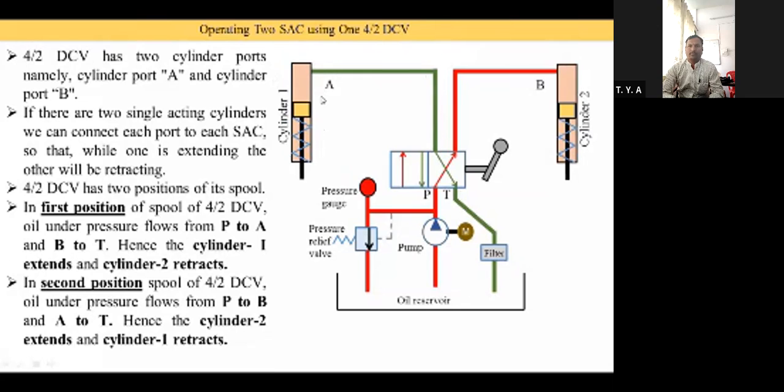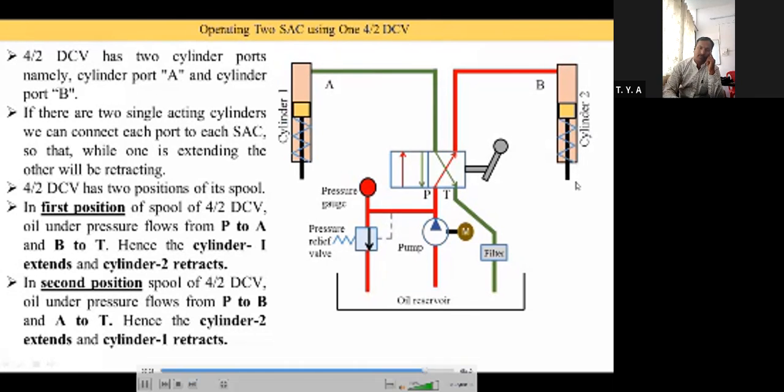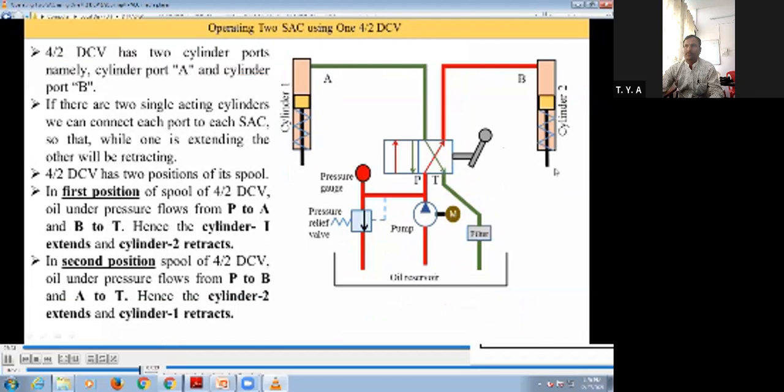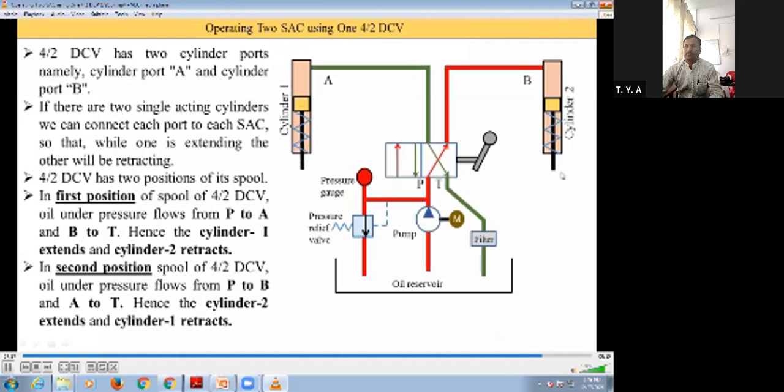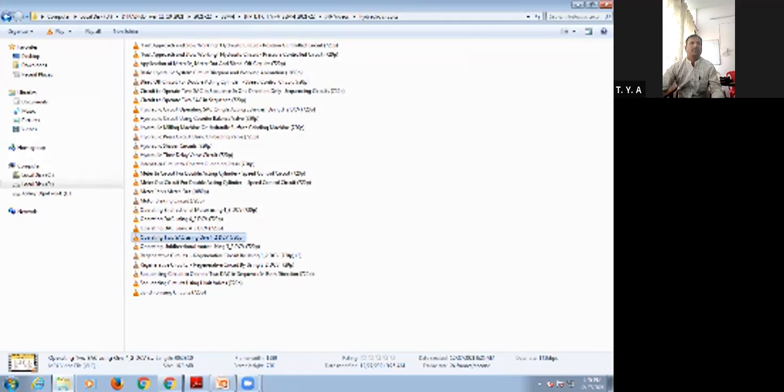So what we understand is, during one position cylinder 1 extends, and at the same time cylinder 2 retracts. Extension and retraction are going on simultaneously. When one cylinder extends, the second cylinder retracts. Similar way in the